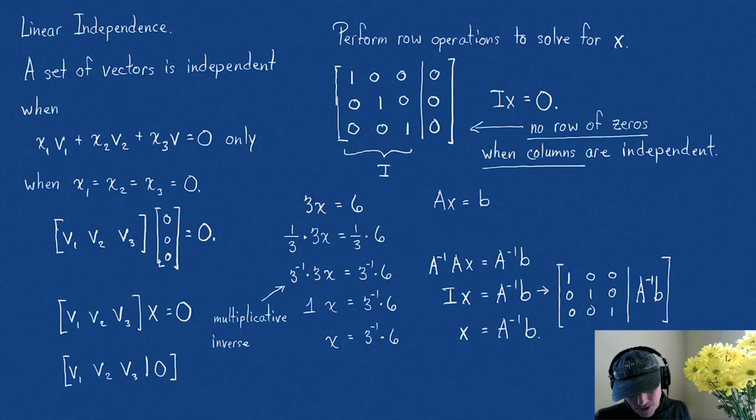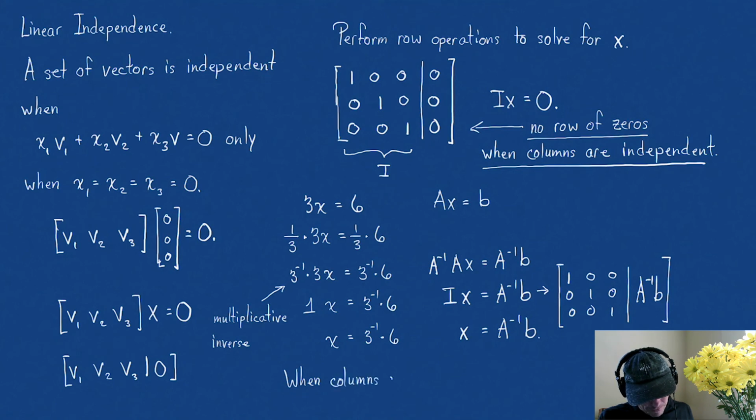And that happens when the columns are independent. And that is the key thing, is that if the columns of A are independent, A inverse exists. And that's the key takeaway, is that when columns of A are independent,